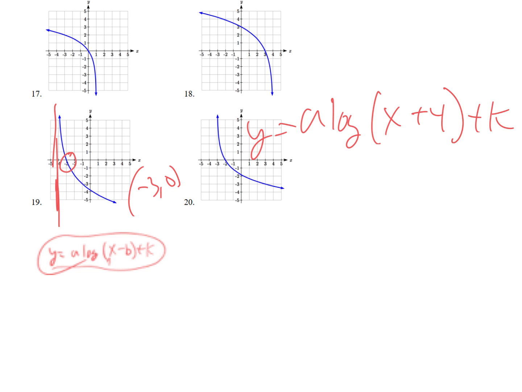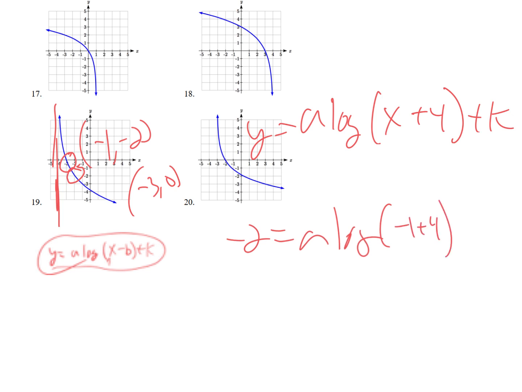So then we got to find another nice lattice point. Oh, I don't know. -1, -2 looks pretty good. In fact, that probably looks like the best one. So -2 equals a times the log of -1 plus 4. And of course, there's no k. So -2 equals a times the log of 3. So a equals -2 over the log of 3, which we can leave written as